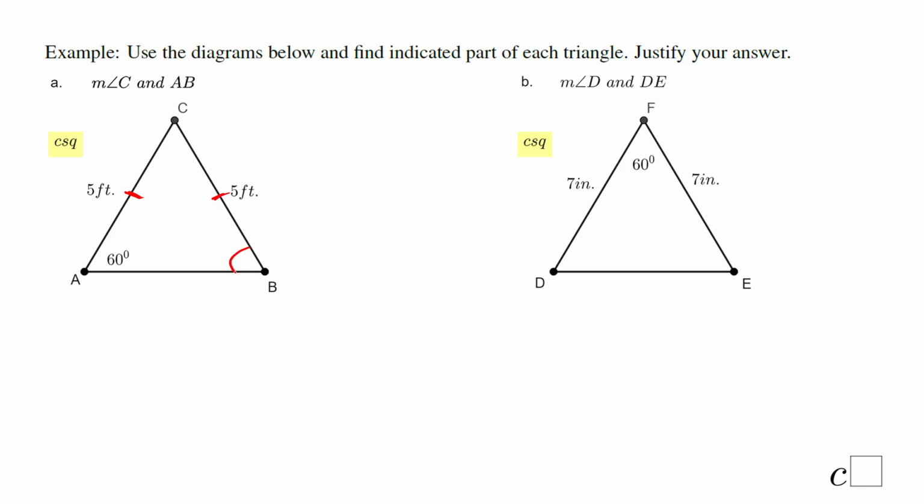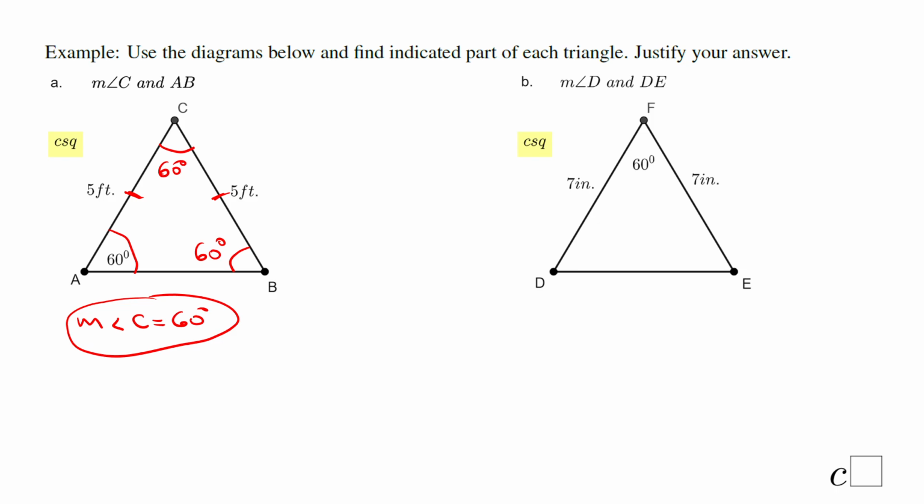That tells us this angle and this angle are congruent, so this will be 60 also, which means this will be 60. No way, right? 60 plus 60, 120, and 180 minus 120 is 60. So the measure of angle C is 60 degrees,